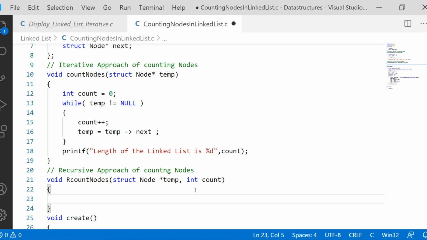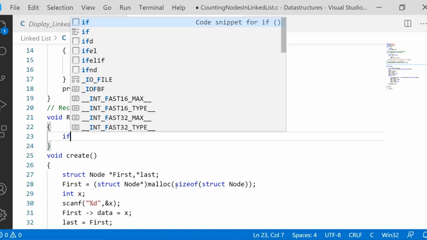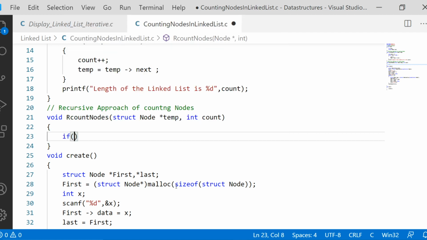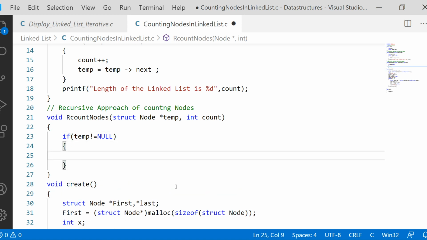Inside this rcountnode function, we made a clear statement that every recursive function should definitely have a base condition, either to stop or to continue, right? So let us write a conditional statement: if temp is not equal to null, we can count the node and move to the next node.